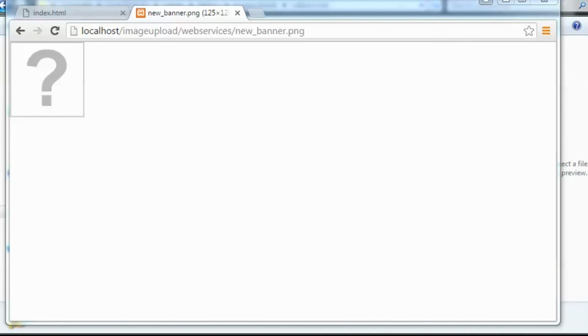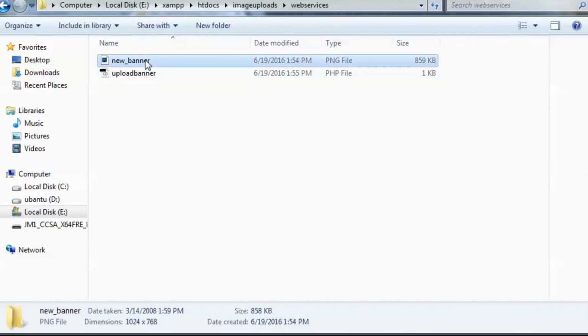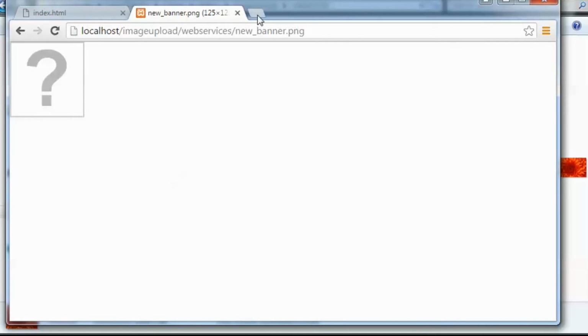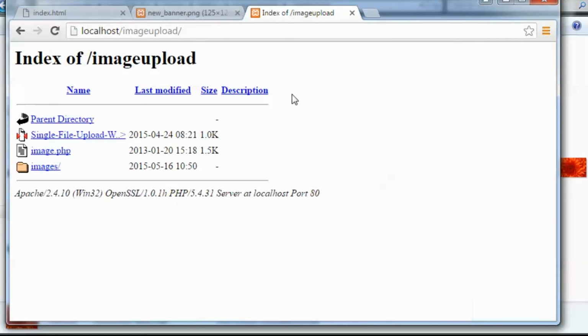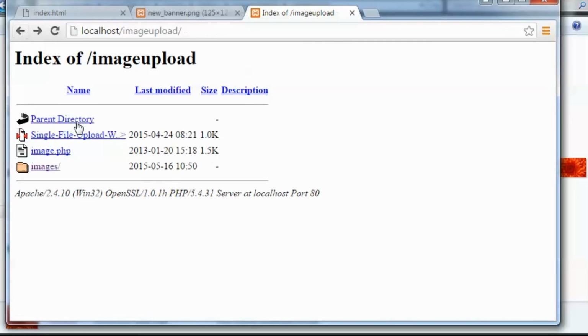So let's go back to the web services folder. We see that the image has been uploaded. So it seems that there was a mistake in the extension, or there is a spelling mistake. So guys, I'm going to open Chrome once again and go to localhost image uploads. This is the technique to search for the correct image name. I'm going to image uploads.